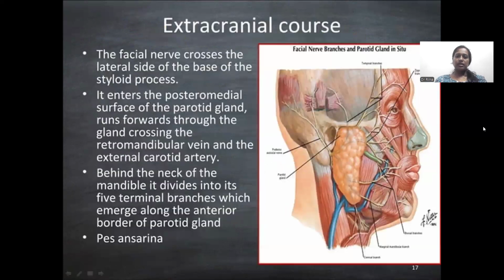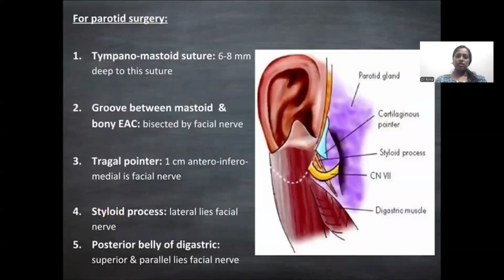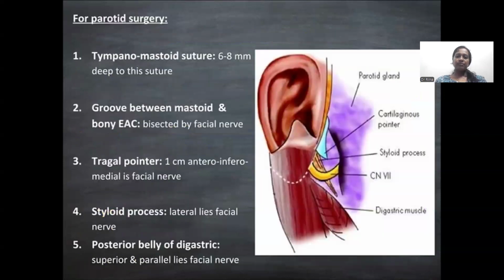And from there, the extracranial part, once it emerges out of the stylomastoid foramen, branches into 5 branches. So these are the branches of the facial nerve. And once we come to the surgical anatomy, the surgical landmarks,